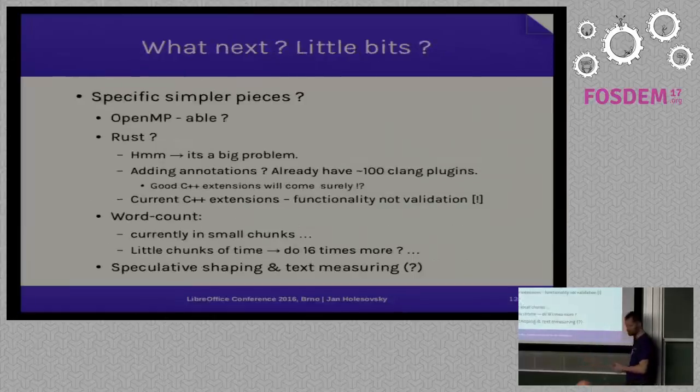What else? There are smaller pieces we can do, so there are various tools. One of the things: so Rust is the new trendy language, right? We want to add safe concurrency, so why not throw away the whole language, or most of it, and start writing a new compiler and stuff. And